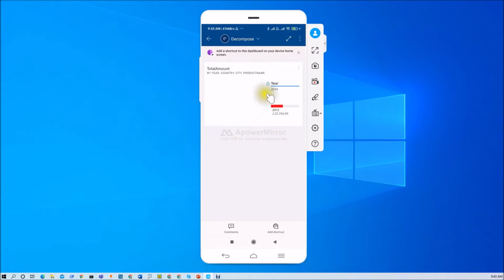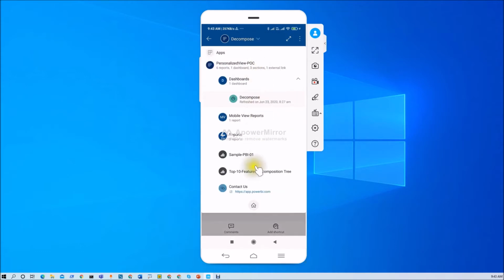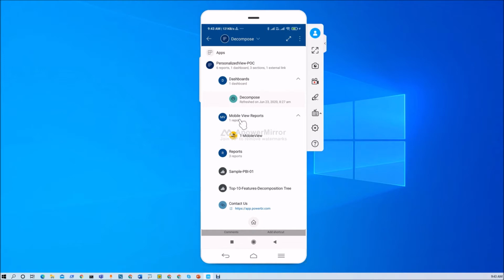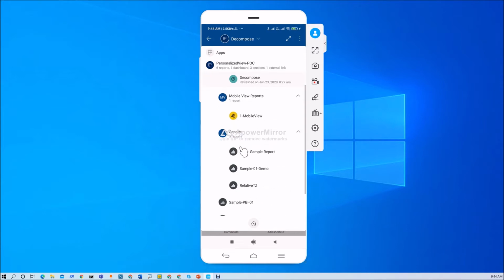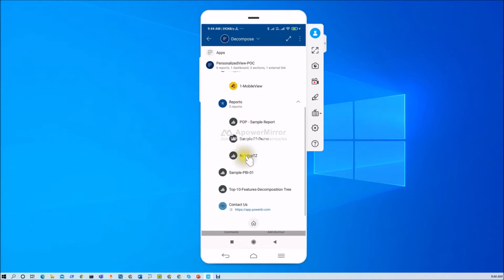Now let me talk about the header and tree view navigation. Just click on this icon and this will open this type of tree view structure for us. At this moment it is showing different sections like dashboard, mobile view reports and reports. It is the same as the sections we saw in the desktop view, right? Whenever I click on any of the views, it expands its available reports. If the report is provided for mobile layout, it shows this type of icon to us, right? Now if I expand this report view, you can see all the available reports under the report section, right?